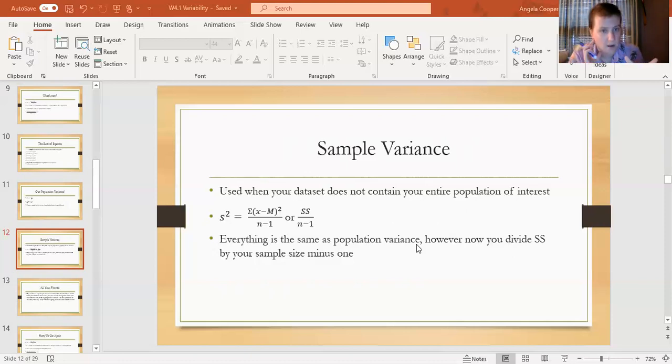That's all the same. But the denominator, the bottom part of the fraction, now you're going to have to not just divide by population size, which is just everyone, but you're going to have to divide by sample size minus 1. Okay, so I'll show you guys the difference in this. So